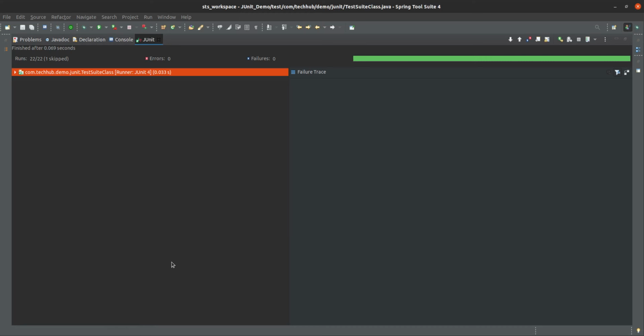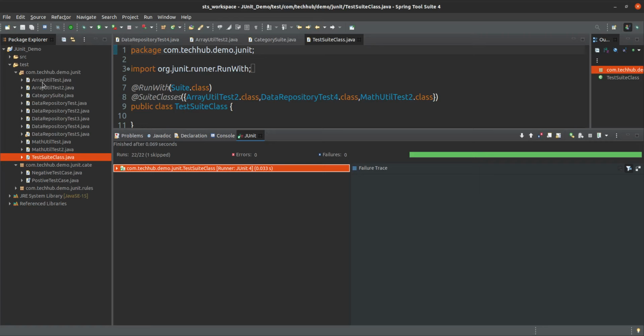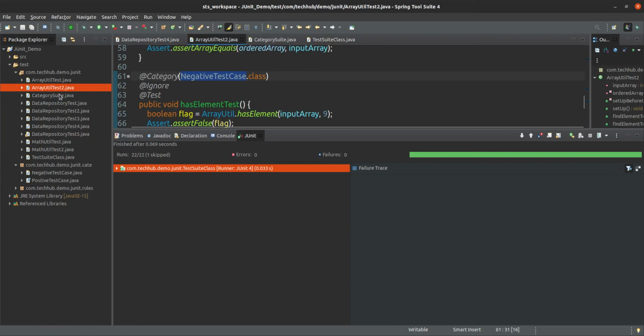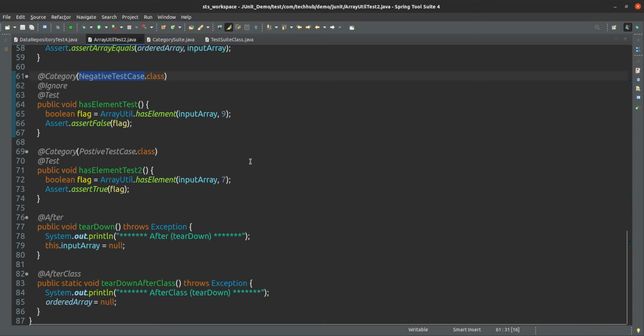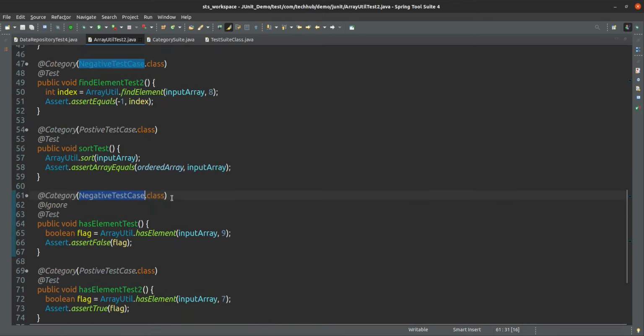Suppose we will see the example also. So here if you see MathUtil, or okay, go with ArrayUtilityTest only. Here if you see, this is ArrayUtility, and here we are using the sort method.